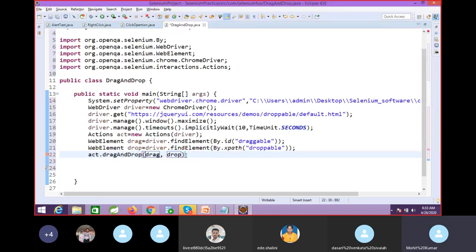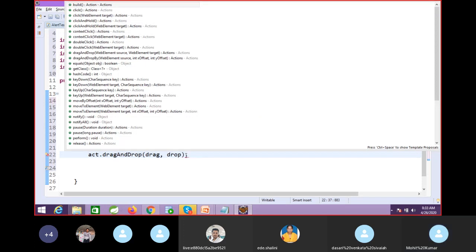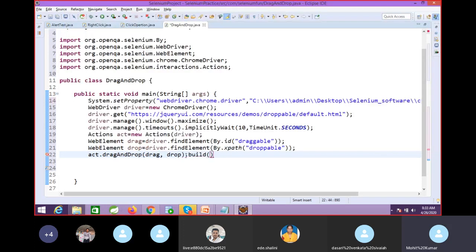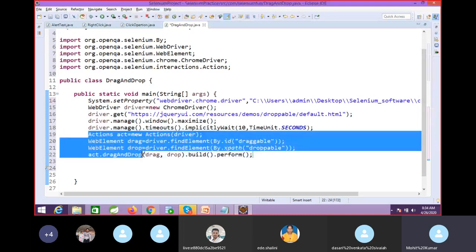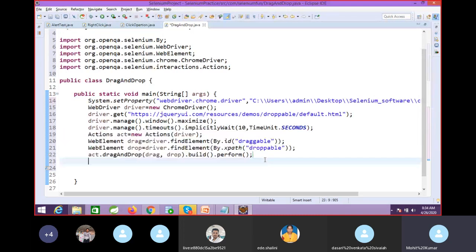Okay, drag and drop. Here we will use the build method, or here we will perform this. So this is what I am going to do. You can see the same steps repeating. We are not doing anything different, but depending upon the method you are going to use, as per the method, we are finding the element here. I'm not closing this browser because I want to see it, as it will close very fast. So here test case passed.